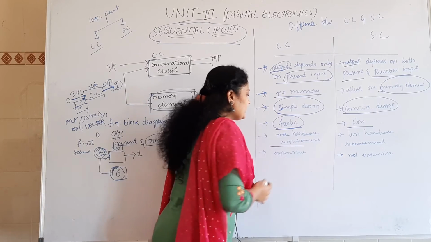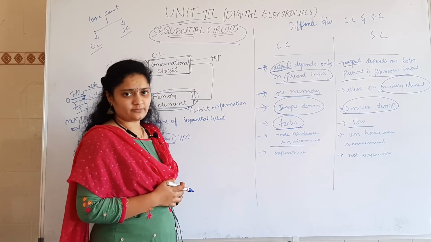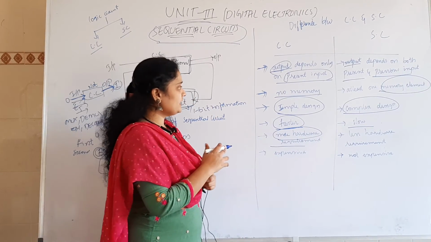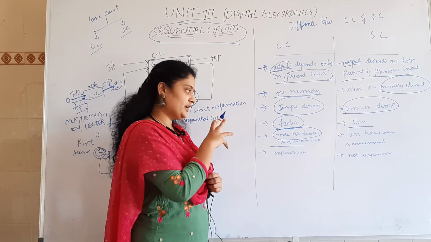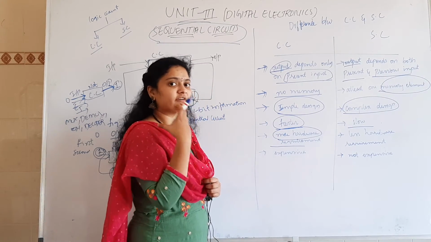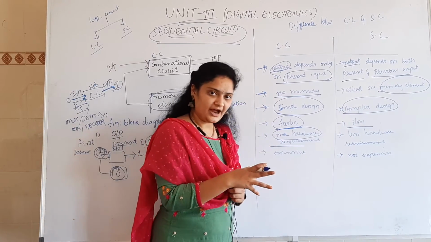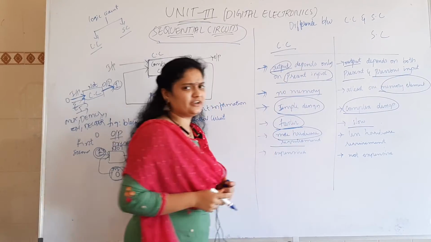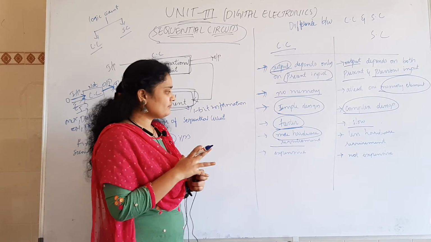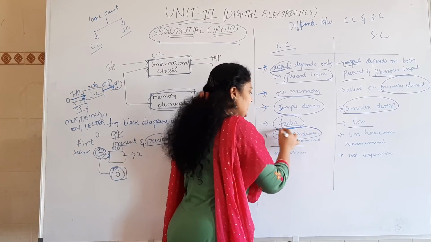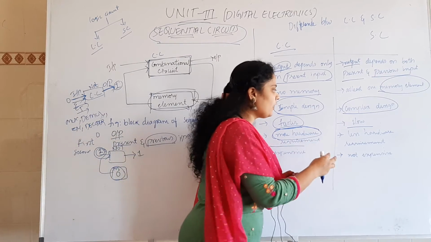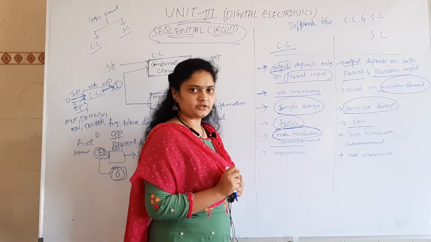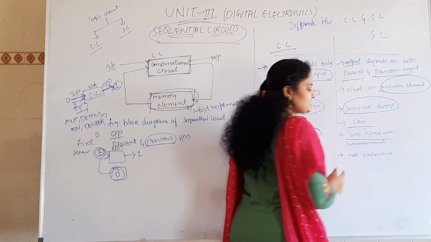Next, a combinational circuit requires more hardware. Why? Because whatever input you are going to get needs to be in hardware. From hardware, whatever output you connect is also in hardware. Whatever device you are going to process with is also in hardware. So its hardware requirement is more. When it comes to a sequential circuit, all the components are designed internally. You only have to connect the input and connect the output. So it requires less hardware.